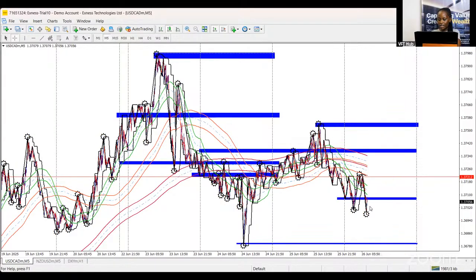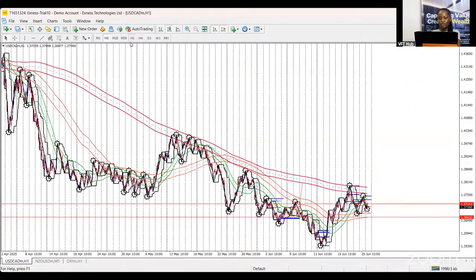Price has violated this zone. Are we going to see a deeper retracement? This is what we're going to be watching out for on USD CAD. Buy back into this zone, maybe even continue from here, and then we see a final move. Where we're now going to see the next struggle is around the support level. If price is able to break through the support level, where is USD CAD going to continue its sell to? It's going to break through.